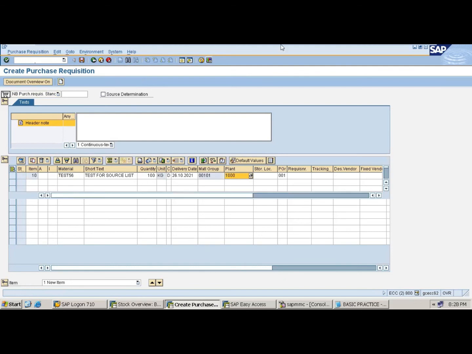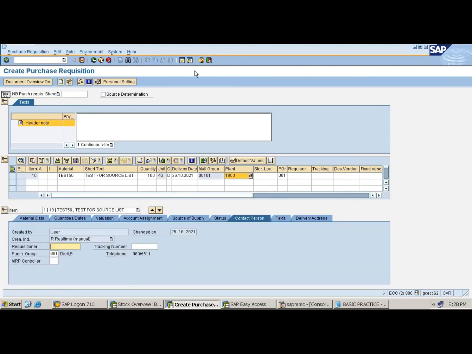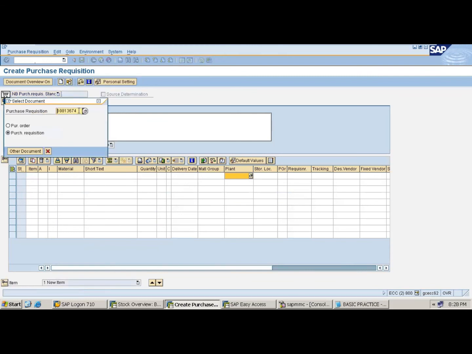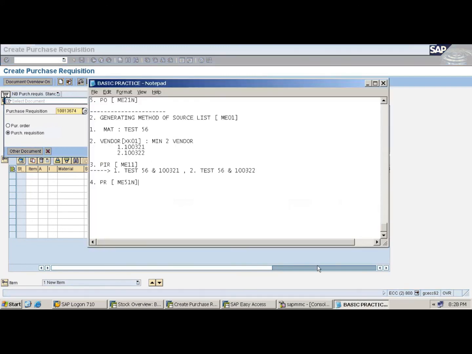Enter. Okay, check and save. So what's the PR number? 100 13674. Okay, so PR number 100 13674.